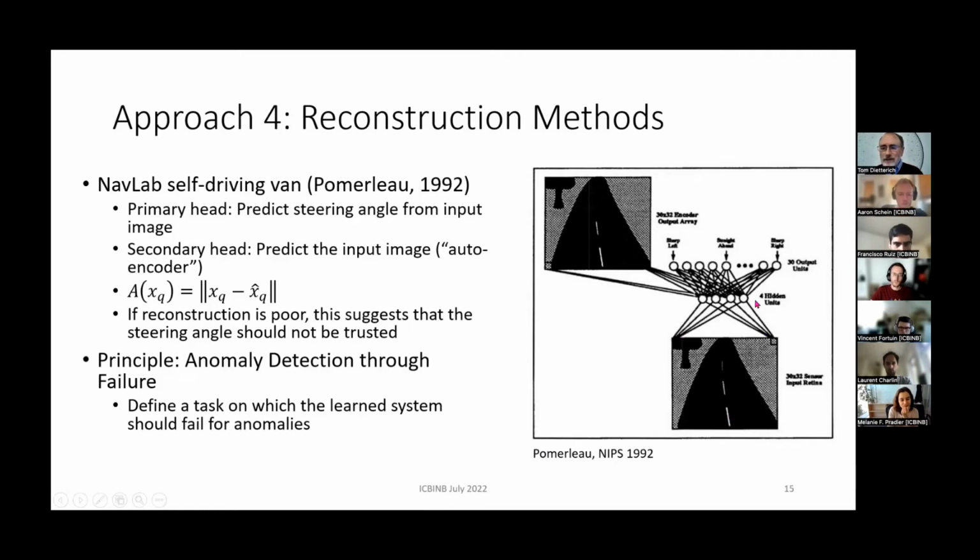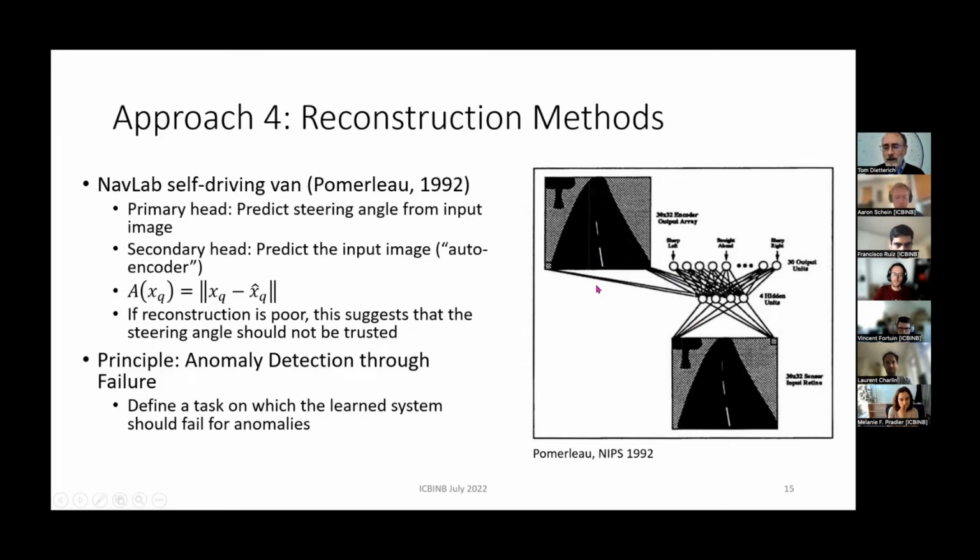And then he fed that into a multi-layer perceptron, which had 4 hidden units in a single hidden layer, and then 30 output units that encoded the steering command, because this was really just a self-steering vehicle, and it was trained by imitation learning. So they just drove it around and recorded the steering angle of the human expert, so to speak, and trained it. But then Pomerleau added what we would now call an autoencoder head as a second head